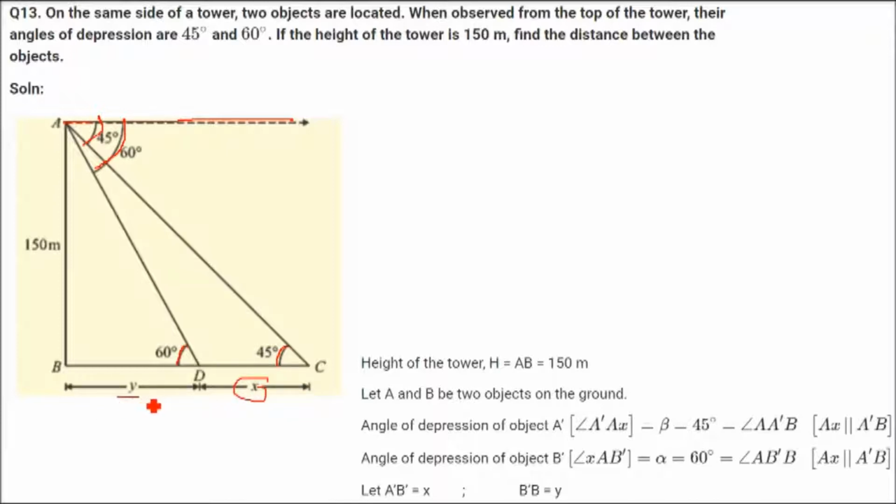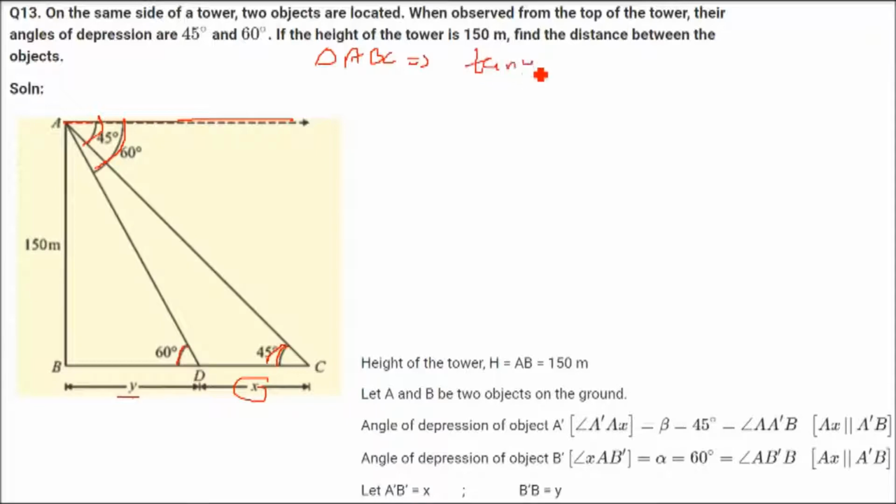So let us take this BD as y and DC as x, and AB is of course 150. So what we are going to do is we are going to eliminate this y because we have to find x, and 150 is already given. So let us take the first triangle, that is ABC, the bigger triangle. So triangle ABC gives us